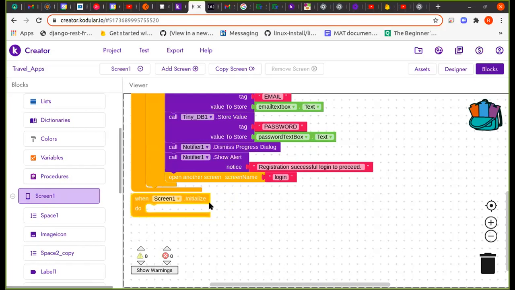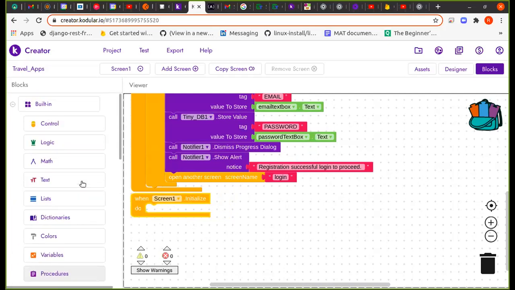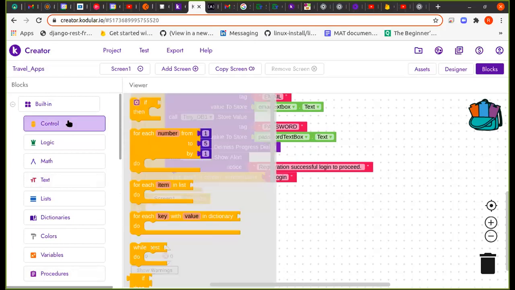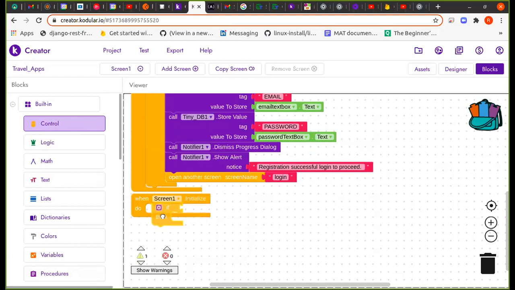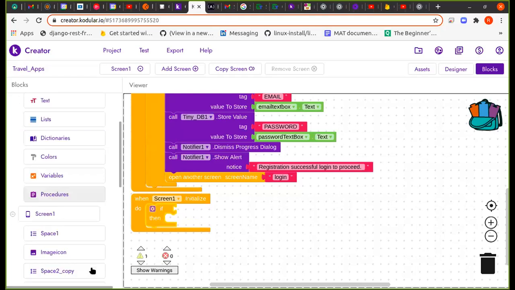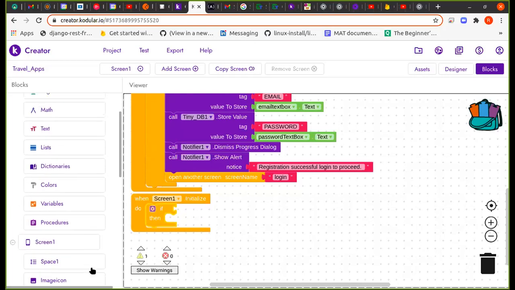And then scroll down to the block section towards the top and get in the control section, click and get the if then block. Yes, the if then block, put it inside there. So what are we saying? If there's some data in the tiny database. So how do we do that? We get if is not empty, okay? If you have some data in the tiny database,